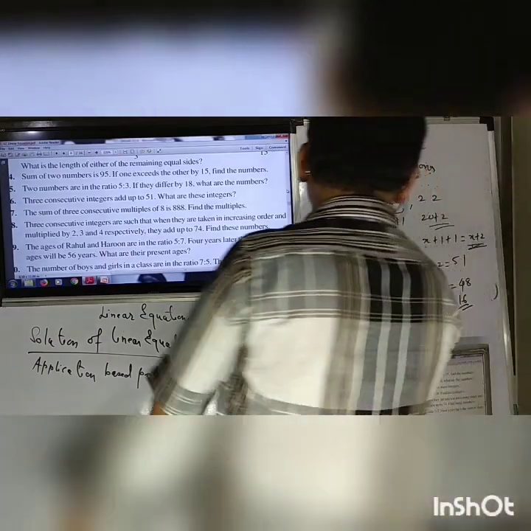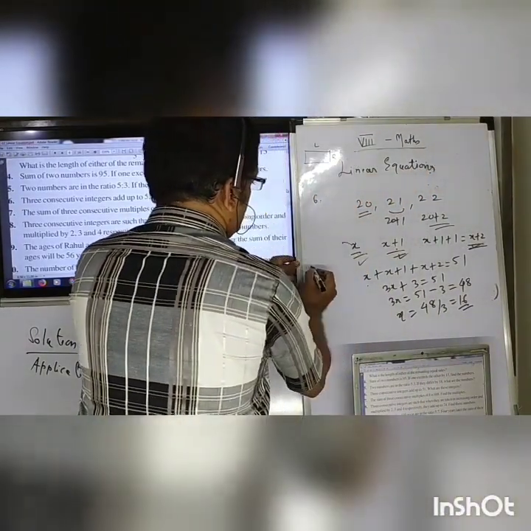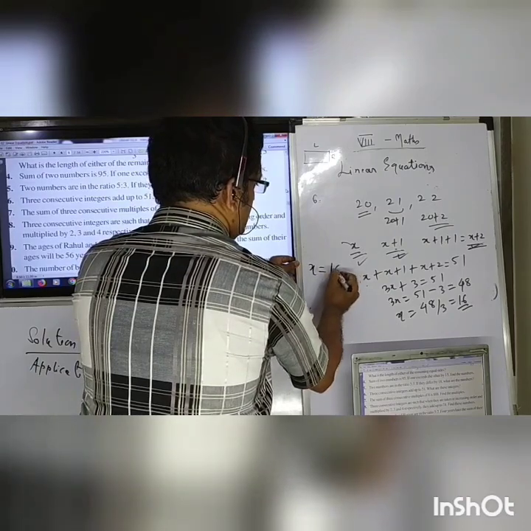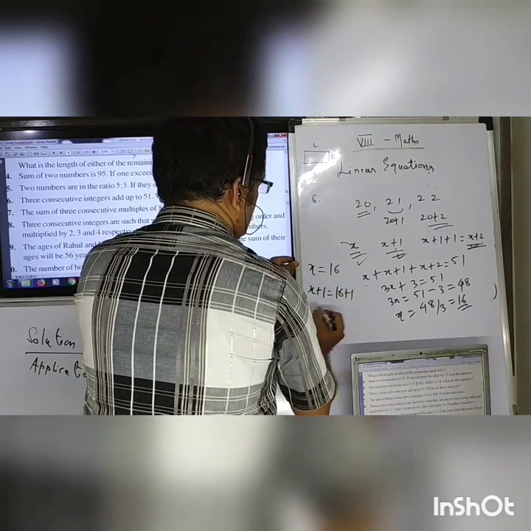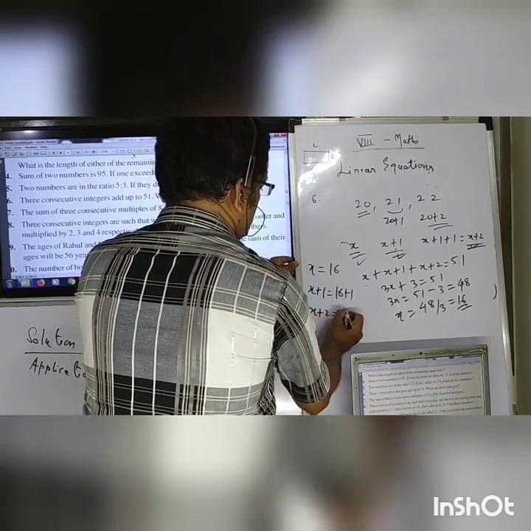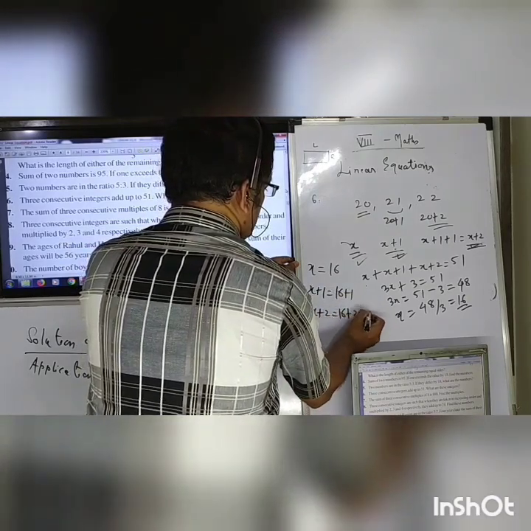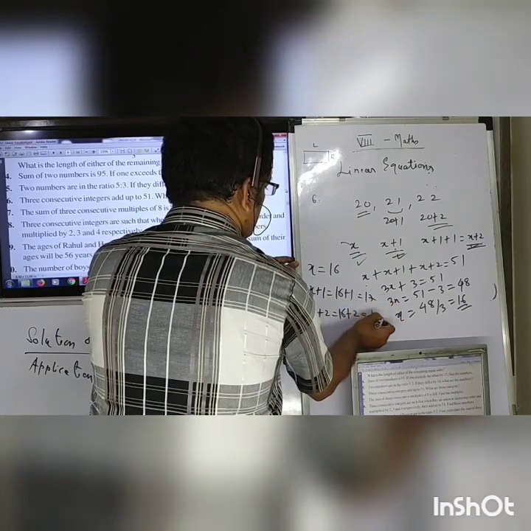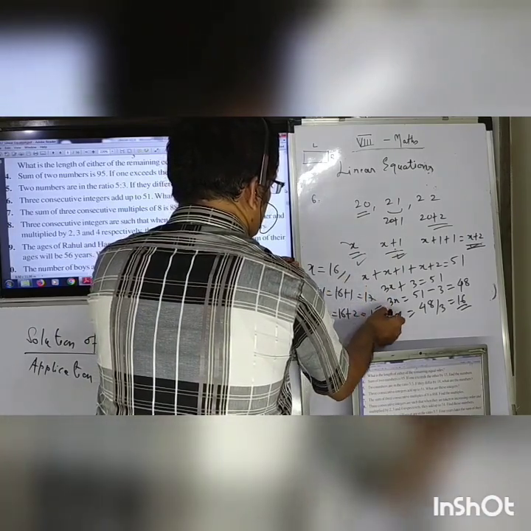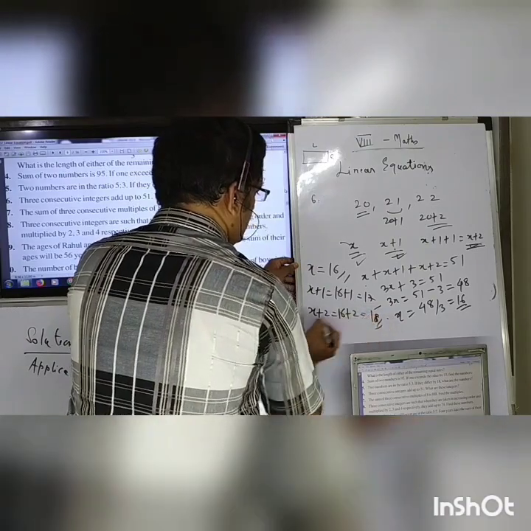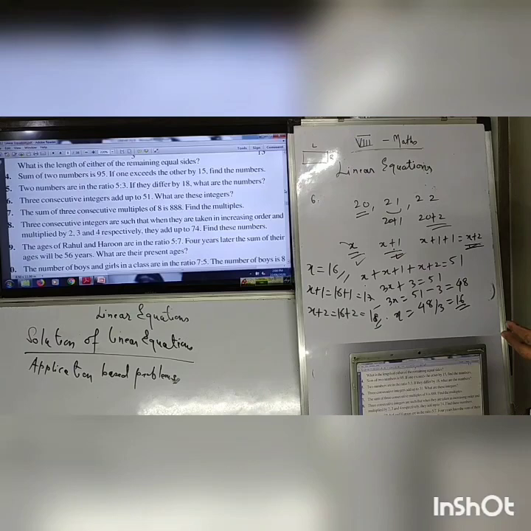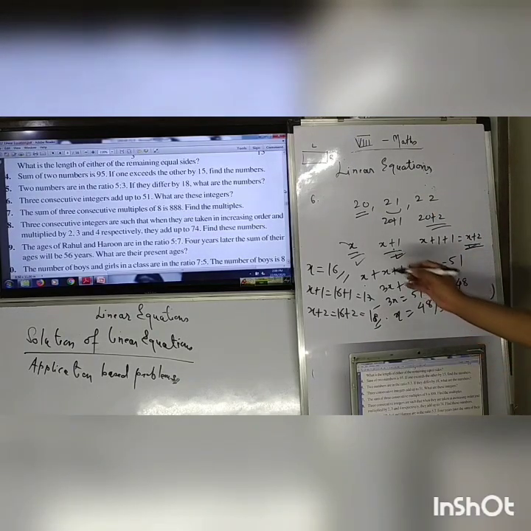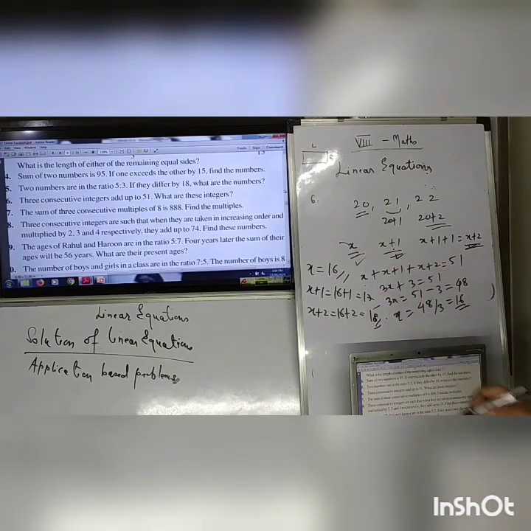It means that the first integer, that is x, equal to 16. Next integer is x plus 1, that is equal to 16 plus 1. Next integer is x plus 2, that is equal to 16 plus 2, that is 17 and 18. 16, 17 and 18, these are the three integers. But we cannot take minus 16, minus 17, minus 18. The reason is simple, that they must add up to 51. So these three integers are 16, 17 and 18.